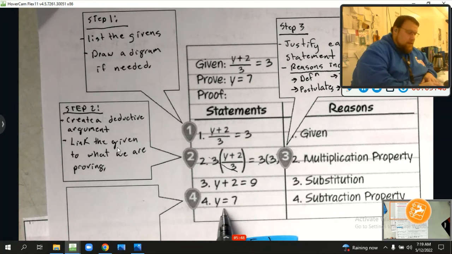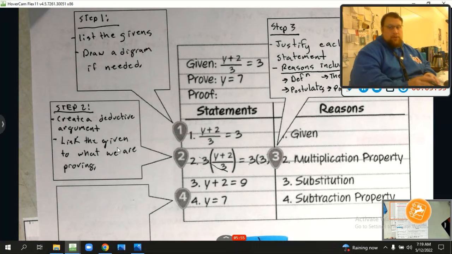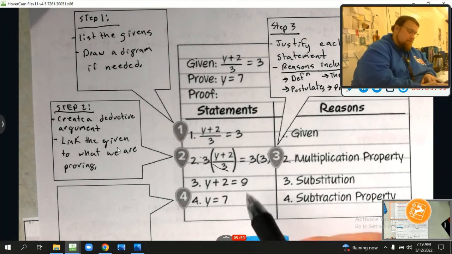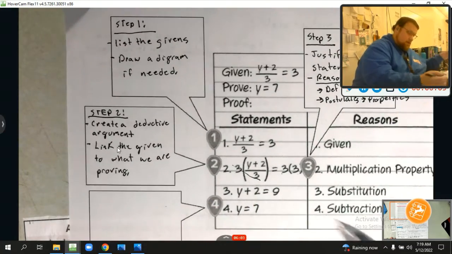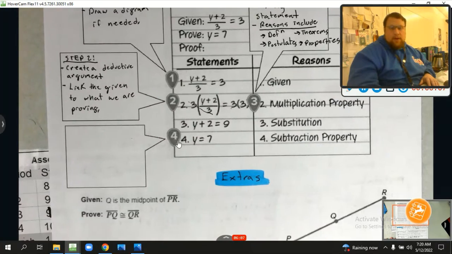All right, last. What do we have here? We're going to subtract 2 from both sides. That's the subtraction property of equality, which tells me as long as I take the same number from each side, it stays equal. Okay? And step 4, so our last step in these two-column proofs,